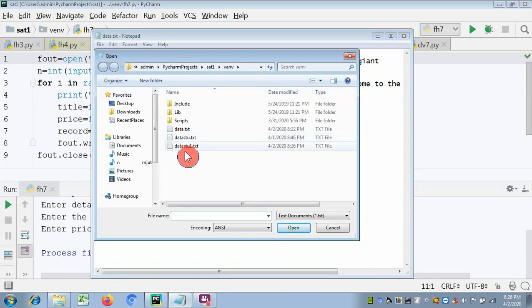Data stu1. Okay, you can see it has been automatically created, because this file was not there previously. So in writing mode, if you mention a new data file, then the data file will automatically be created in the same folder. Now you can open it from here